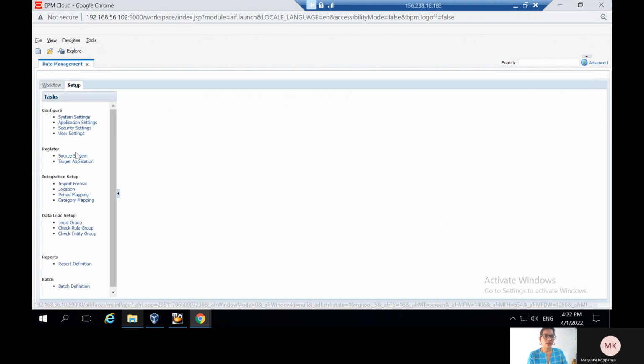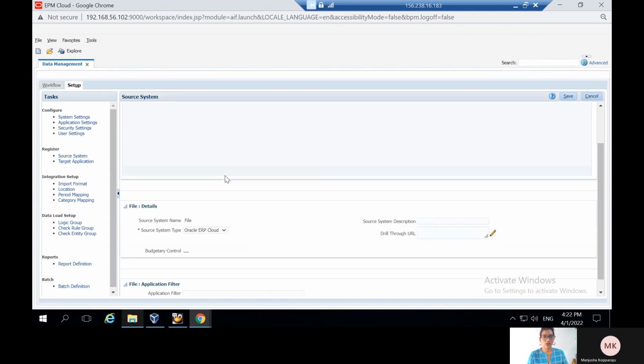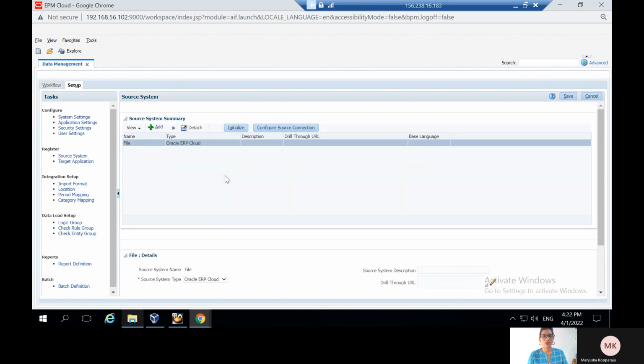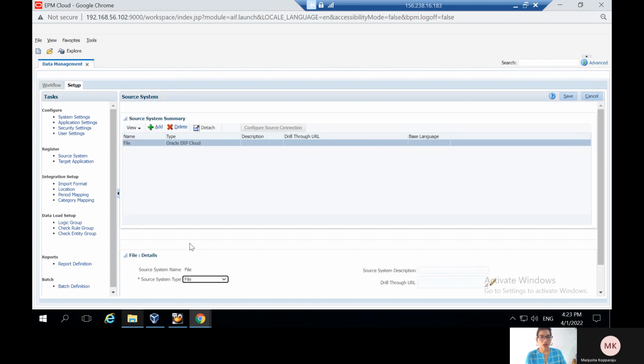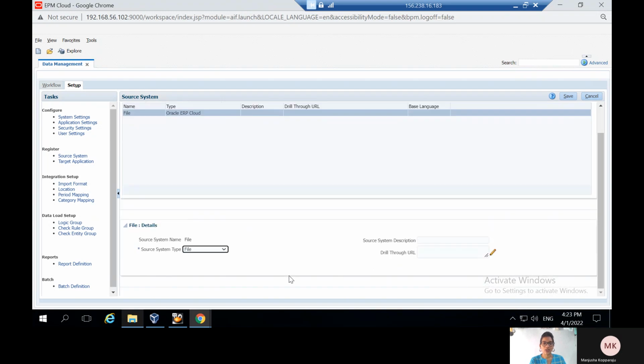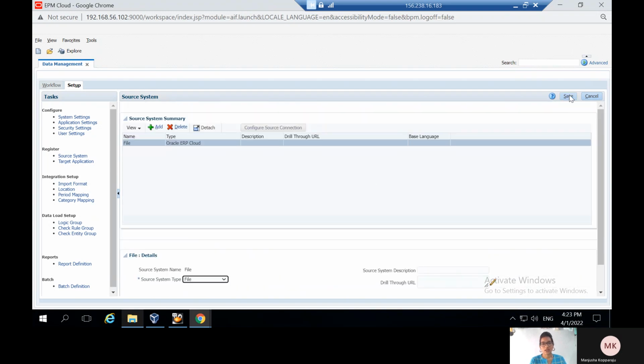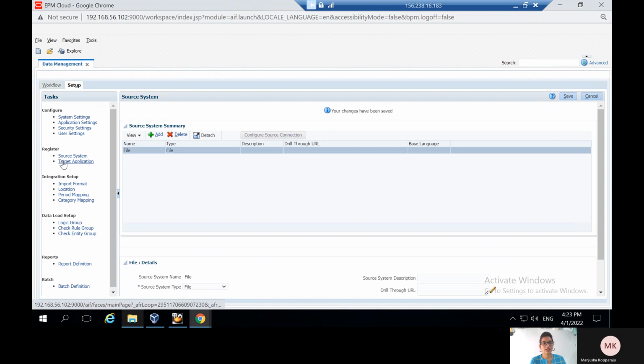Under data management, we have two tabs, workflow and setup. So under the setup tab, we have to register the source system as well as the target system before creating the import format. First, we are going to register the source system. In source system, we are going to take file as the source system type, as I'm going to load file type data. So that is what I'm going to use, and we have to click on save,